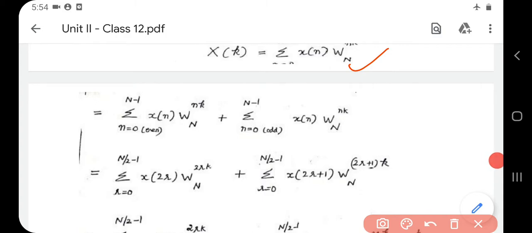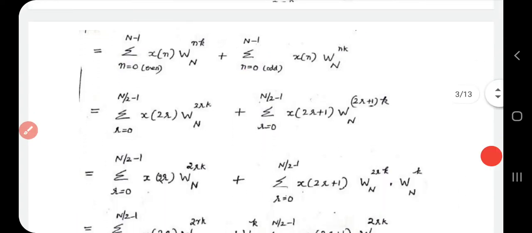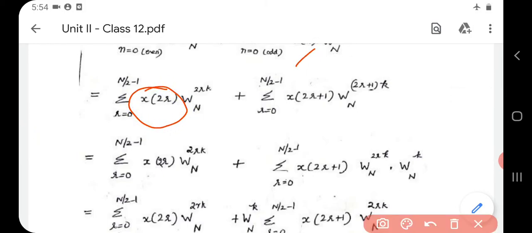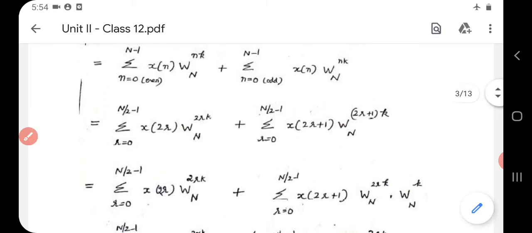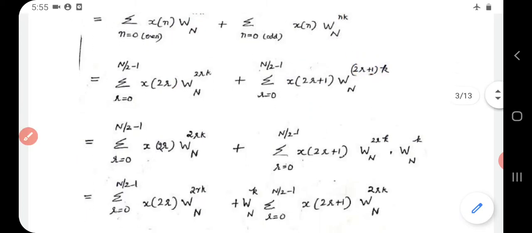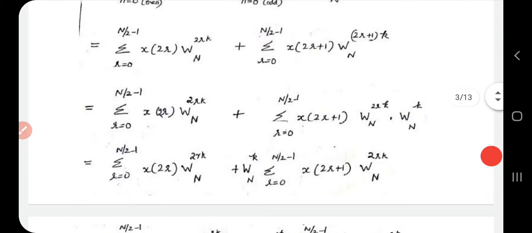Again, we know this is a sequence. We have already divided it into the odd part and the even part. This is the even part and this is the odd part. This is split into two. Since this is x of n in even, it stands for x of 2r, and the other one will be x of 2r plus 1. So a few changes will occur. In place of n you are substituting 2r, so here n also will become 2r. Then, the odd component x of n will be x of 2r plus 1, so in place of n you will be writing 2r plus 1. These small changes will happen in each of these steps, so look at it carefully.